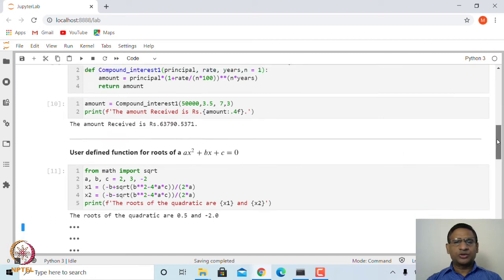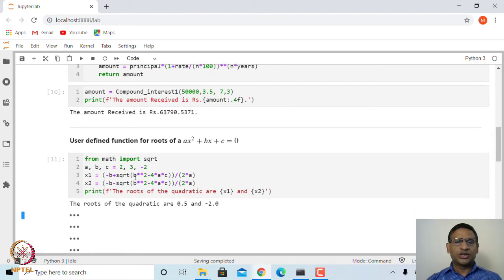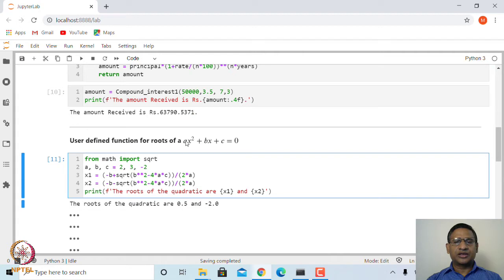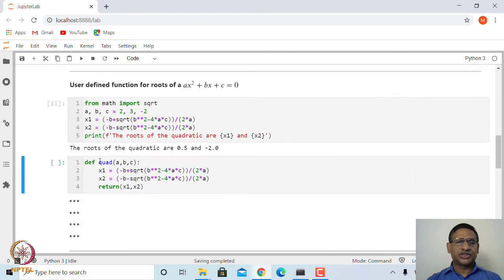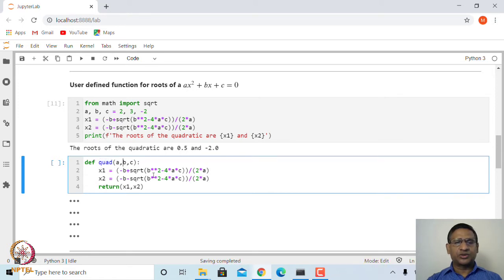Now, we want to make user defined function out of this. So, what will be the inputs in this case, or the arguments? It will be a, b and c. So, you input a, b and c and return the values x 1, x 2. Okay. Now, so let us do that. So, we are calling this function as quad, and the arguments are a, b, c, and they calculate x 1 is equal to this, x 2 equal to this, and then return x 1, x 2. So, in this case the two returns are there, x 1 and x 2. Okay. So, let us run this,